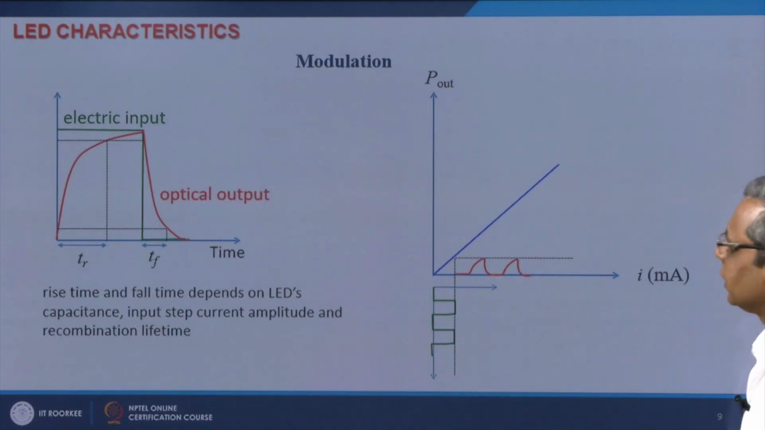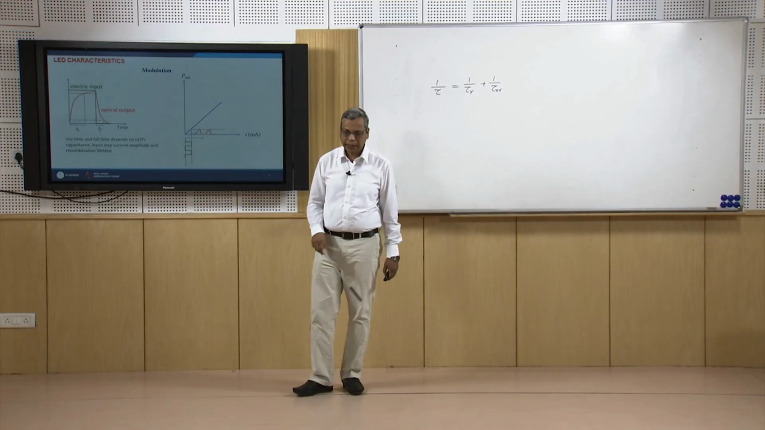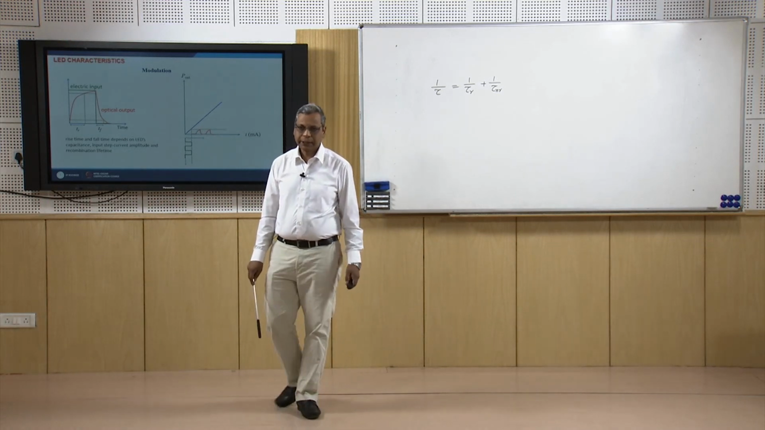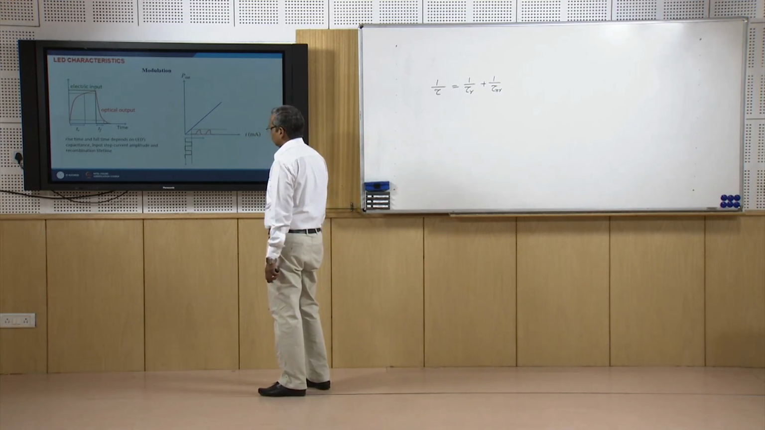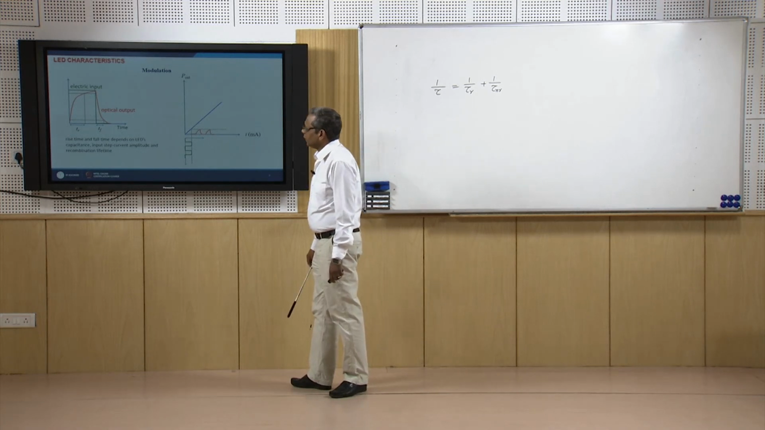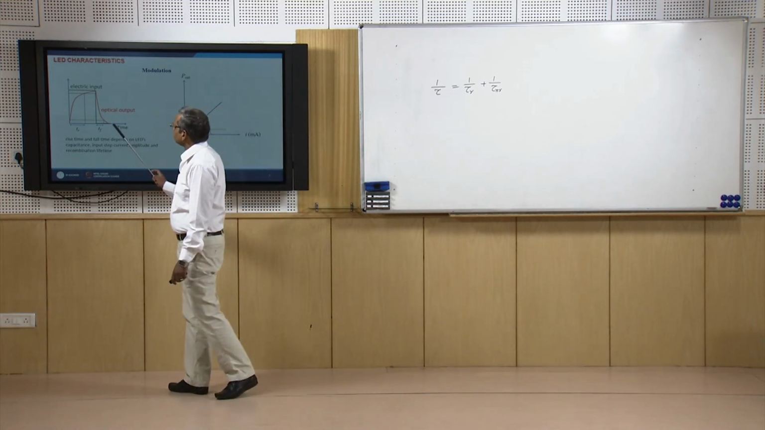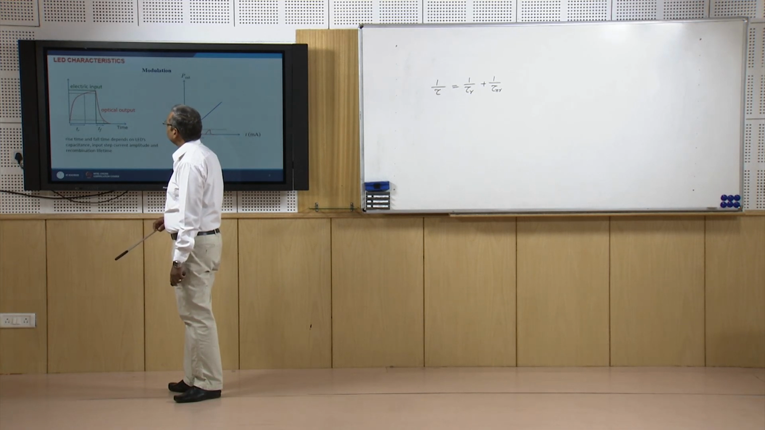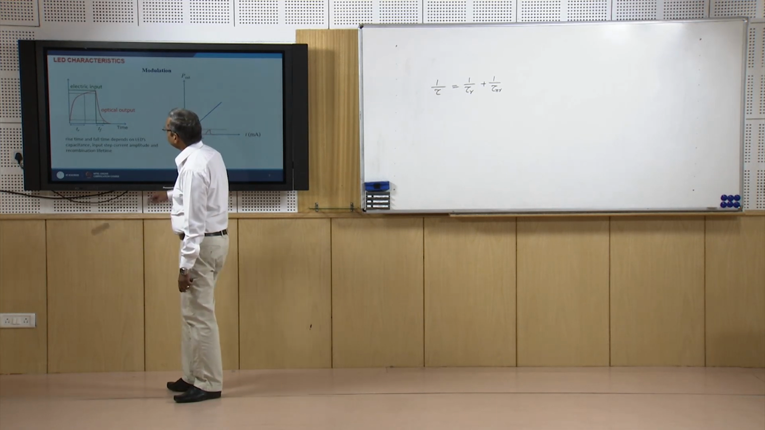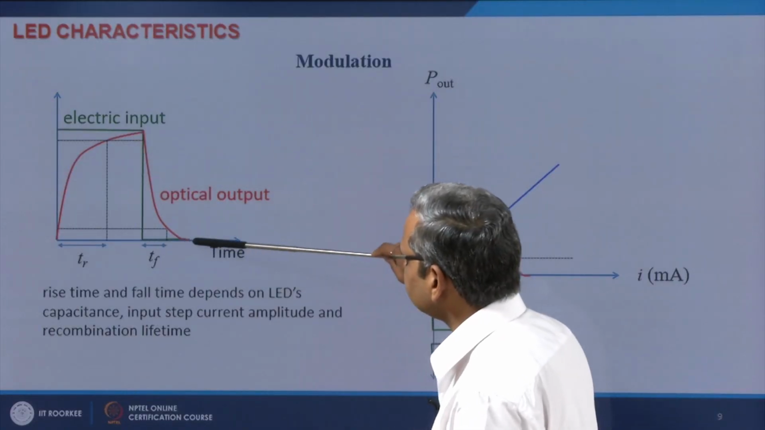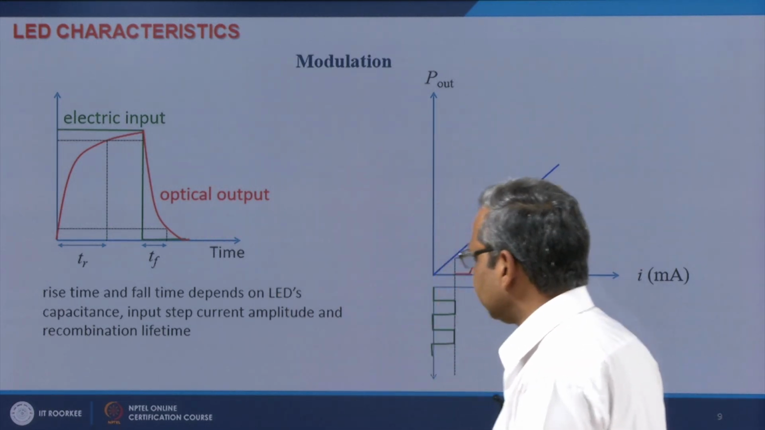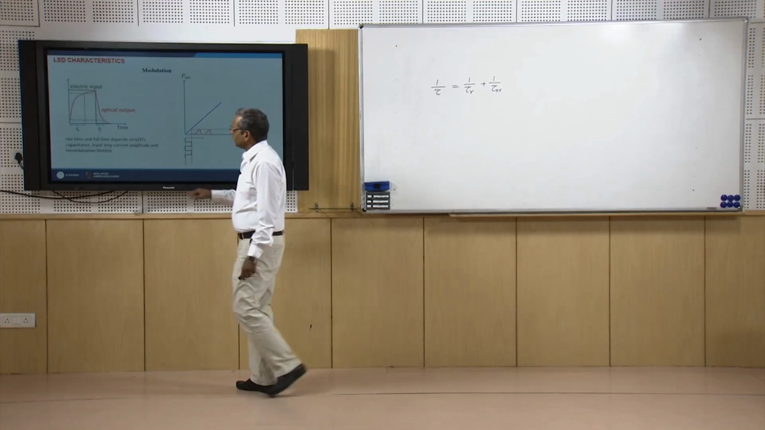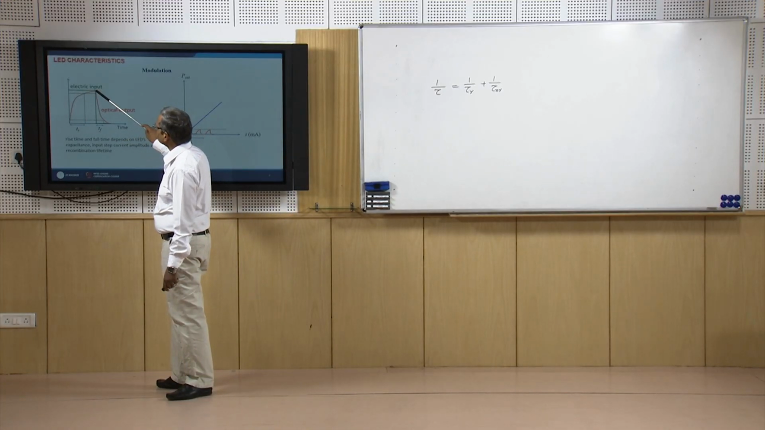Another very important characteristic of an LED is modulation. After all, I would like to use this LED for optical communication, then I need to modulate the light source. If I look at how this LED responds to the electric input, then I see that if I apply an electric pulse like this, then it takes certain time because of its inherent capacitance. It will take some time to reach this high value,